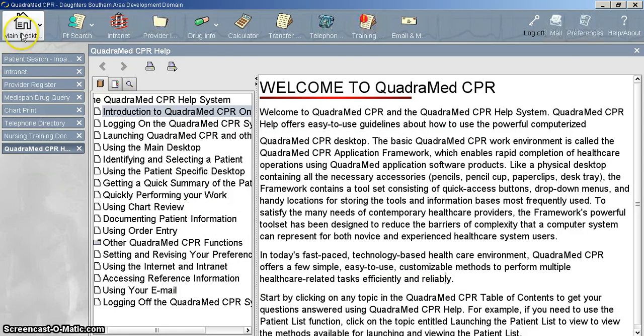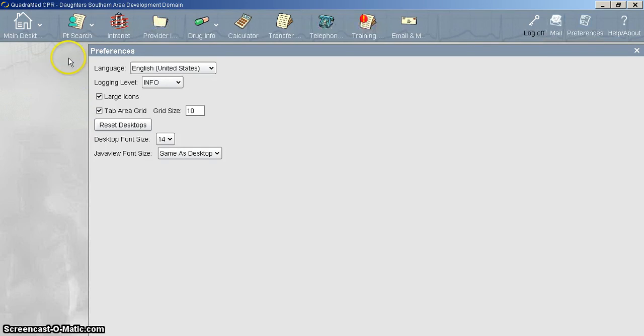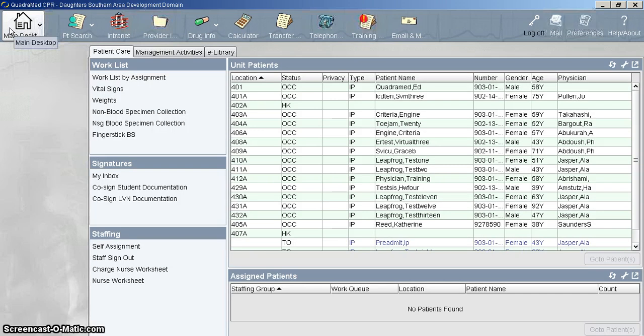As you may have noticed, as I was clicking these icons and opening these applications, they are listed here on the side. This is called your active taskbar. Any applications that were opened will remain open and available on your active taskbar. To close these, you can just click that X and close them out. Okay. Now, to return back to your main desktop, you click that big house and you're taken back to your